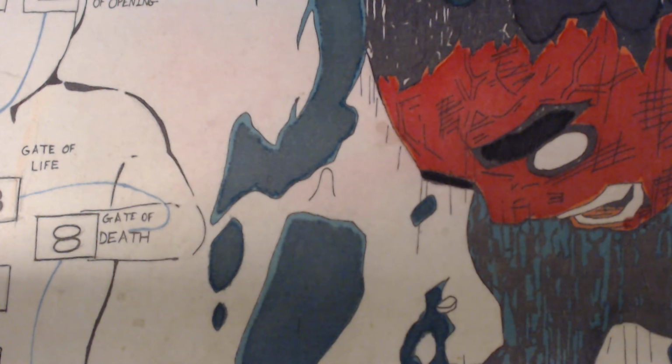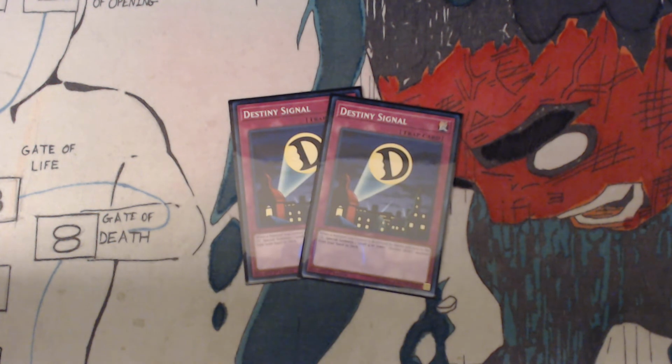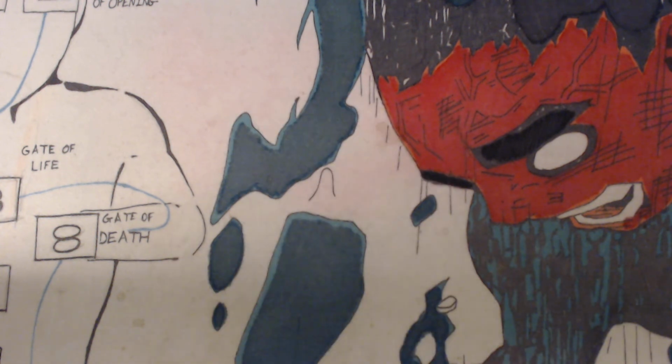And lastly, 2 Destiny Signal. When a monster you control is destroyed by a battle and sent to the graveyard, special summon one level 4 or lower Destiny Hero monster from your hand or deck. Alright, now for the extra deck, we've got 2